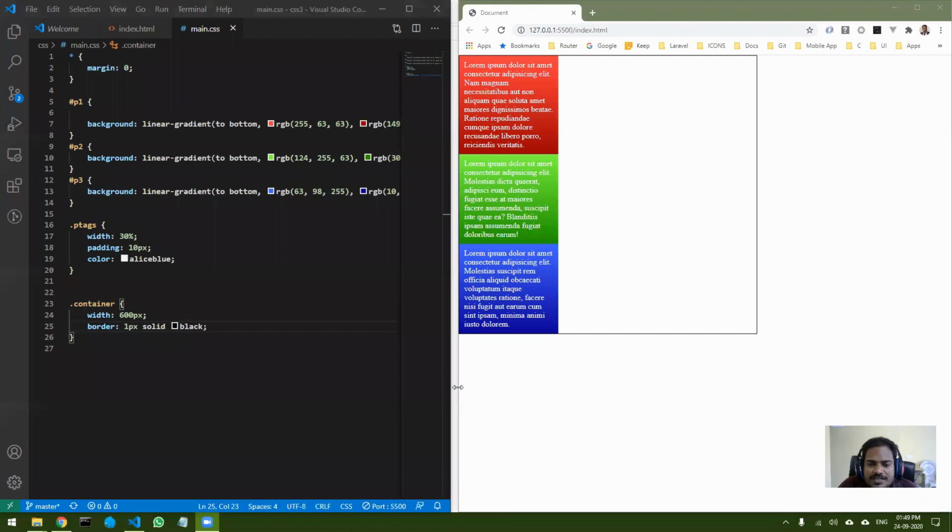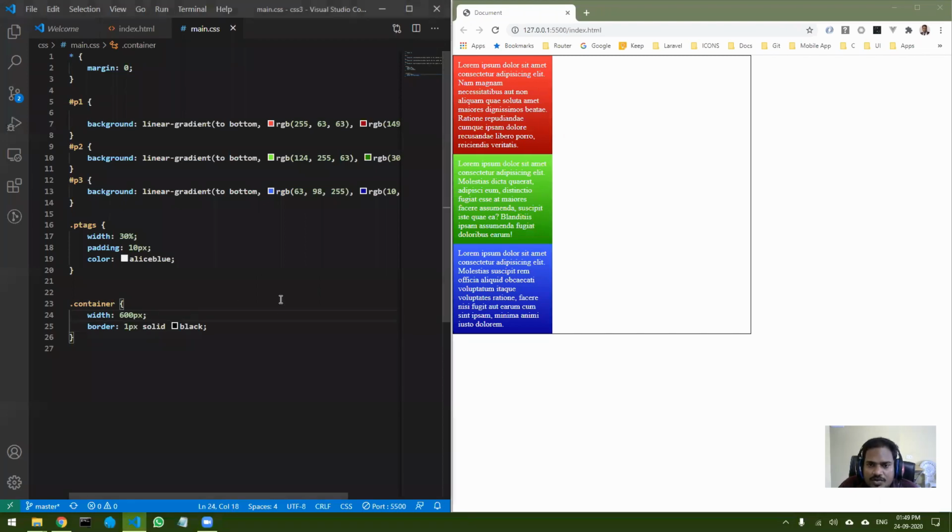So you can see from this that if the outer div is fixed size, then there is no use of this percentage over here. It doesn't make any sense, because since the outer div itself is fixed, whatever is the percentage, it is also going to be same. So this internal percentage is also going to be fixed. Whenever you are using percentages, you can use it inside fixed width also, provided you use it efficiently.